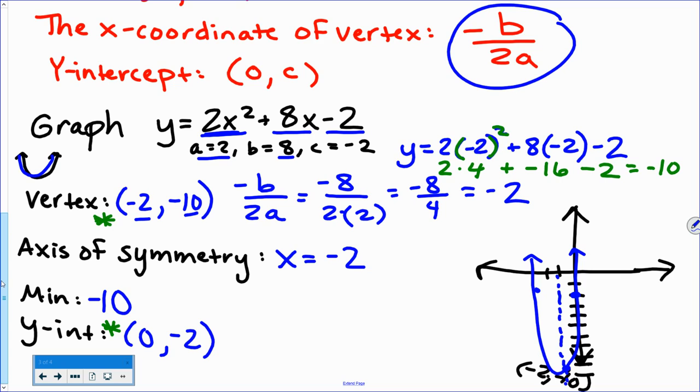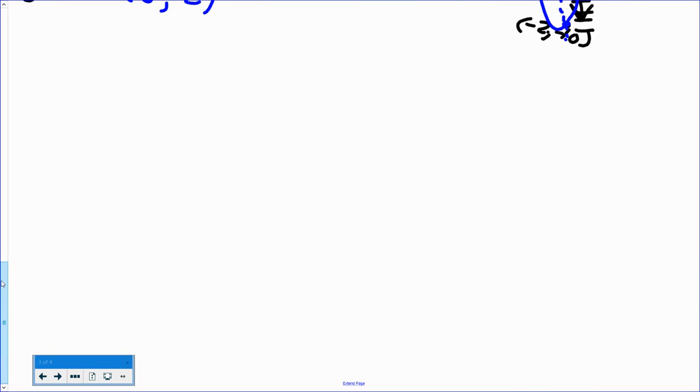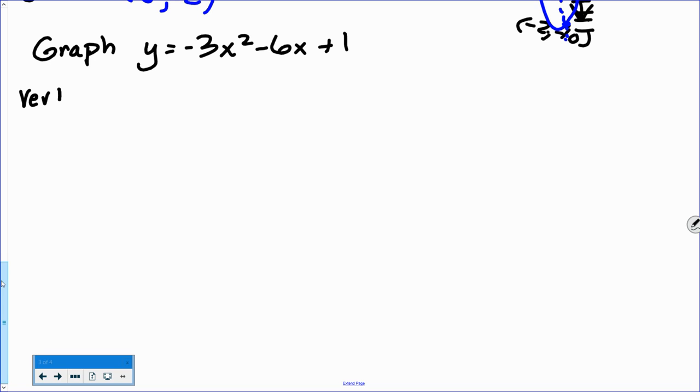Okay. We're going to practice one more graph and finding all these things for standard form. So our next problem, graph y equals negative 3x squared minus 6x plus 1. So once again, you'll be asked to find things like the vertex, axis of symmetry, I'll use that for short. This time,